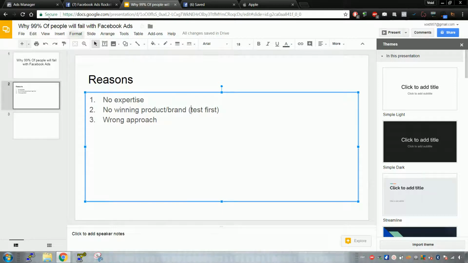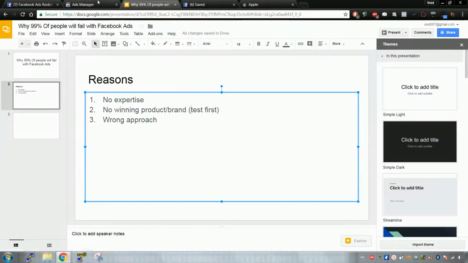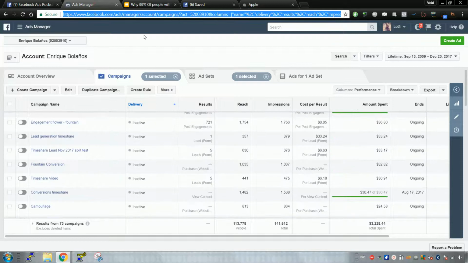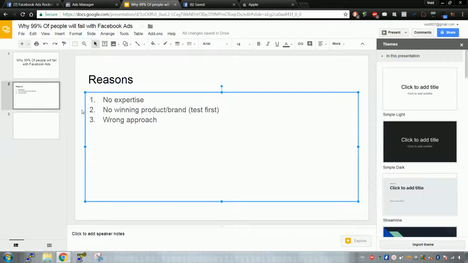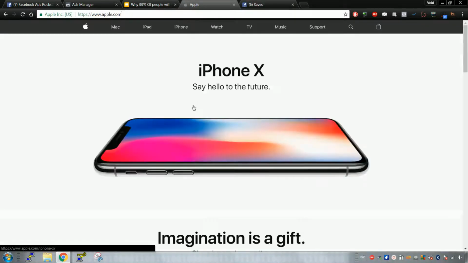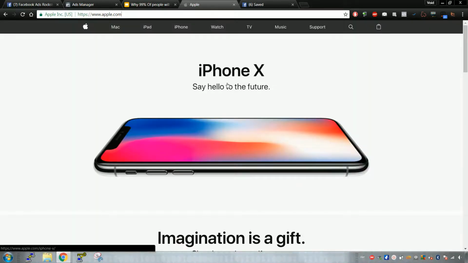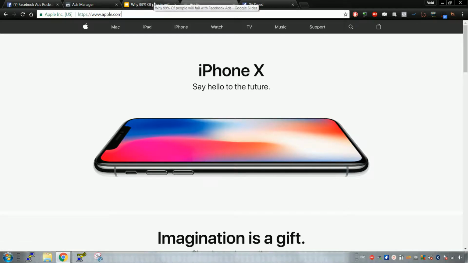Not any product you put out is a product you spend thousands on. You're going to have to test it out first before you put thousands of dollars into a product, or even hundreds. So you want to test them out first. All right. And the third reason is, there's actually a whole lot more reasons, but these are just three main ones. If you fix these, you'll be all right. You'll actually be all right. So, for example, if Apple runs even a $50 ad with zero expertise, they're going to make money. And you can probably answer the question as to why. It's because they've already got a brand, so it doesn't matter how much they spend.